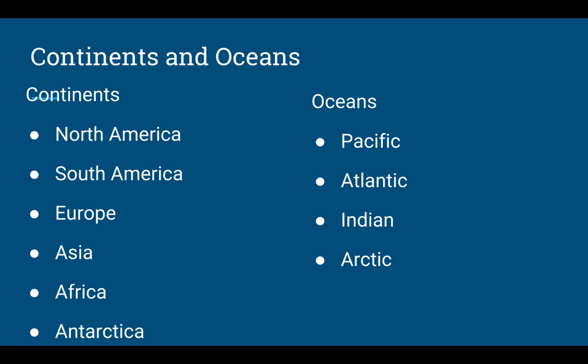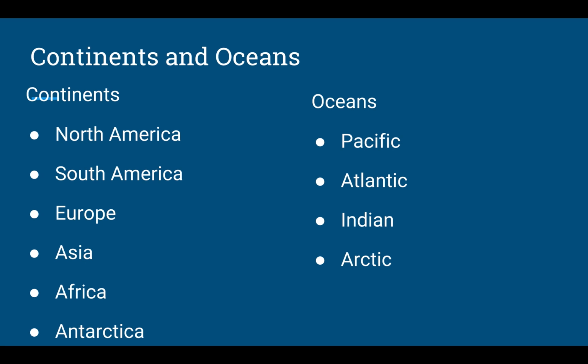We have the Pacific. If I'm referring to the Pacific Ocean, that is the ocean that's here on the west coast of the United States. So if any of you go to Newport Beach, Huntington Beach, Dana Point, San Clemente, any of our beaches here in California, you will be swimming in the Pacific Ocean.